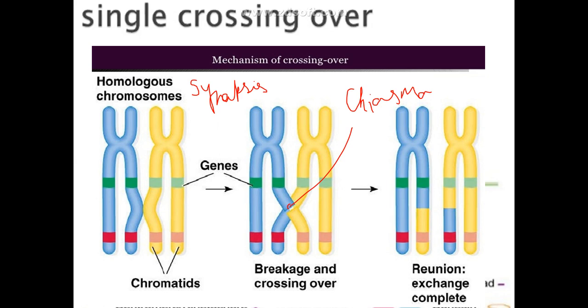At that time, in between these two chromosomes, a complex is formed, which appears like a rail track. This complex is known as the synaptonemal complex. Why is it called that? Because this phenomenon is called synapsis. They are paired together. And what is actually bringing about chiasma formation and crossing over? It is brought about by this protein complex called the synaptonemal complex.